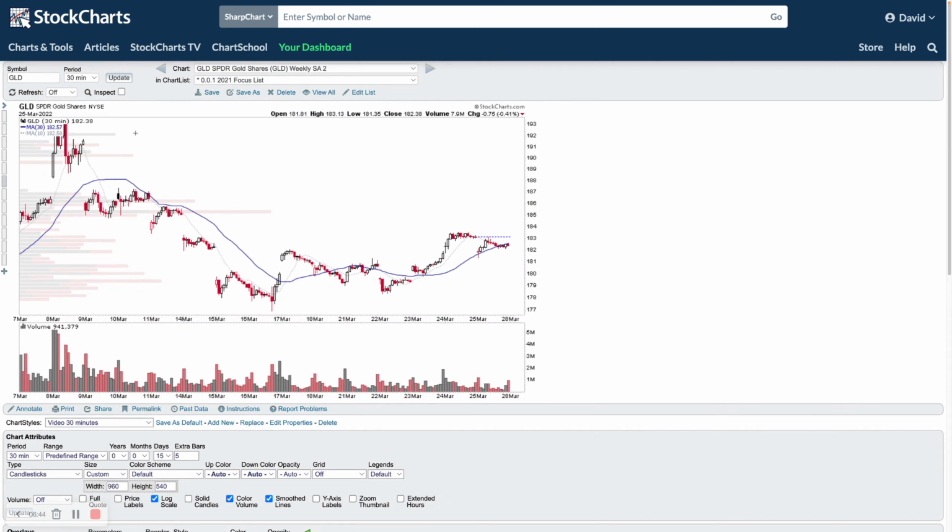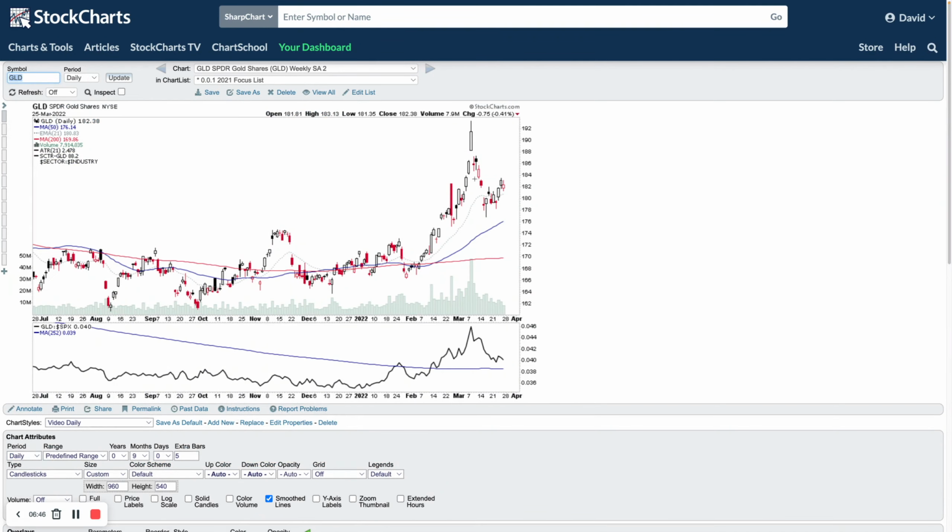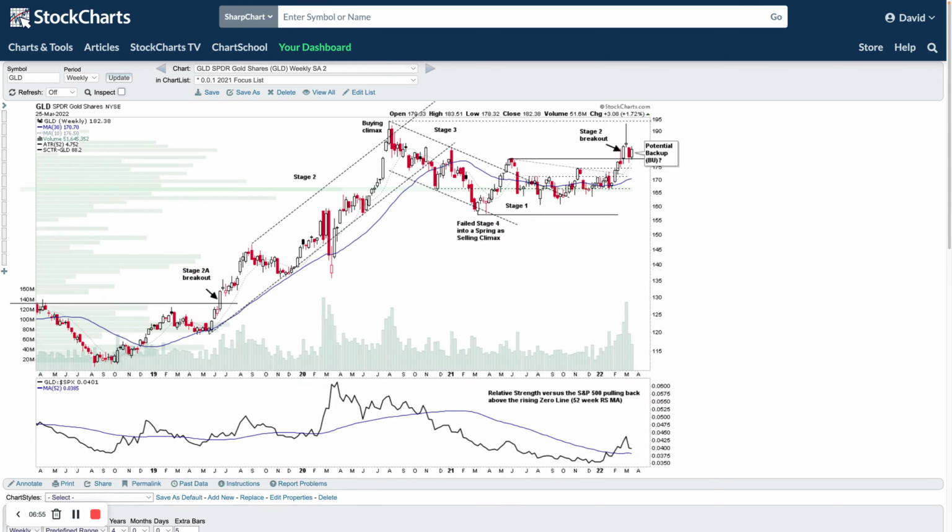So obviously that's on an intraday time frame. So if you go back up to your daily, if it did that, it would then turn this into an up thrust and a last point of supply. So if we go back to our weekly chart here, this stage 2 breakout would then be a failed breakout, which would form as an up thrust, and then you have a last point of supply, and if it started to go that way, start to break through there, that's a potential short entry point around this kind of area here for the downside,